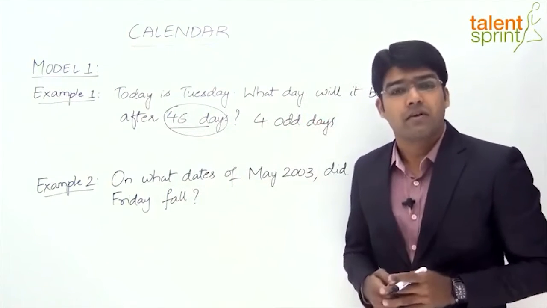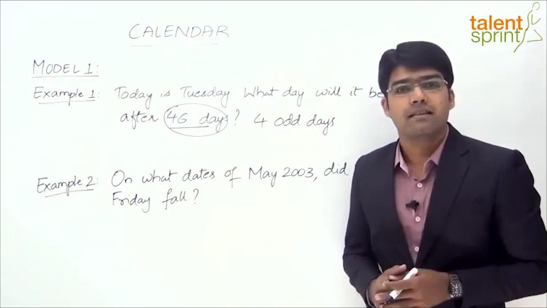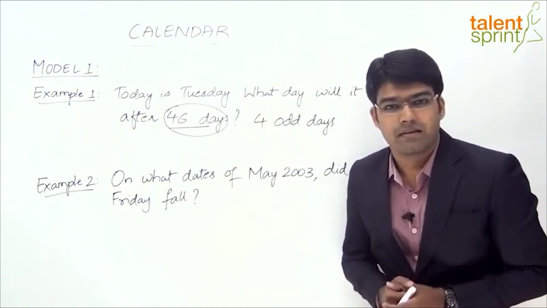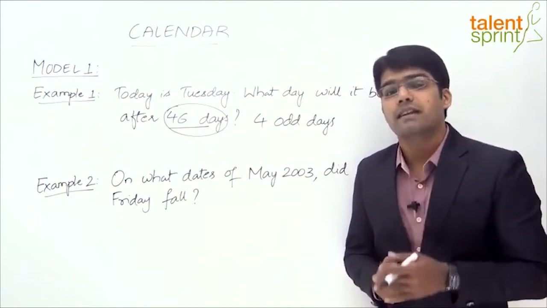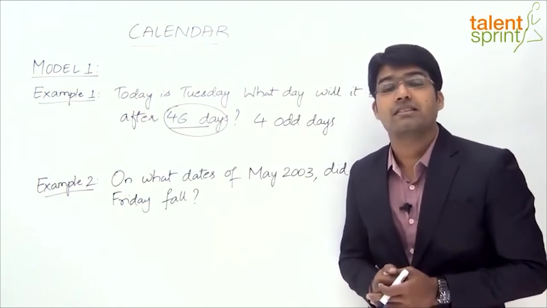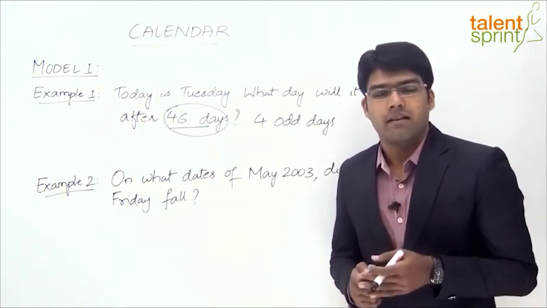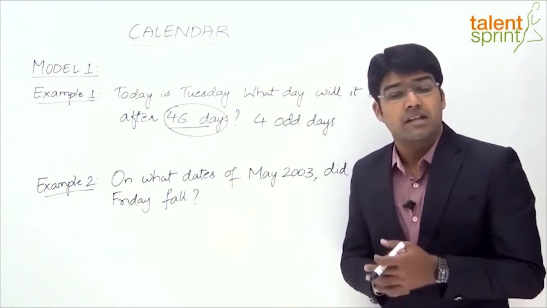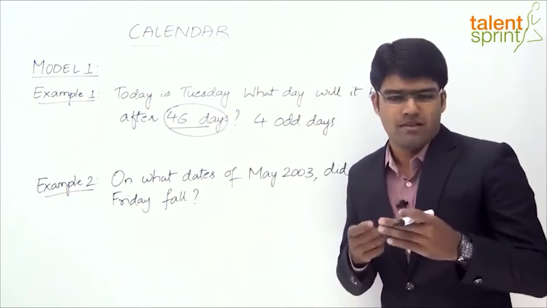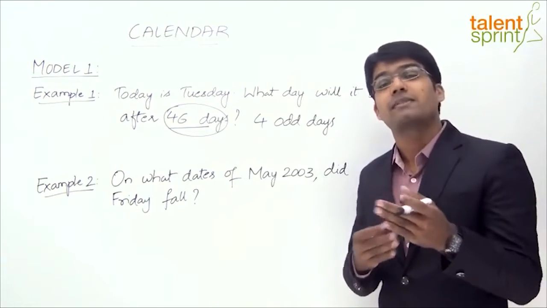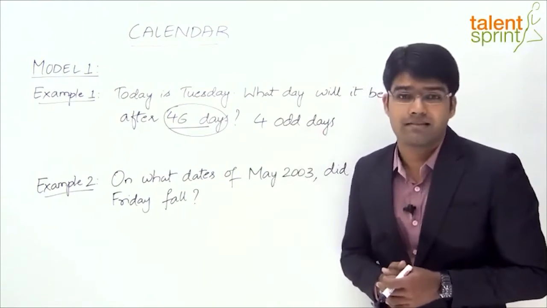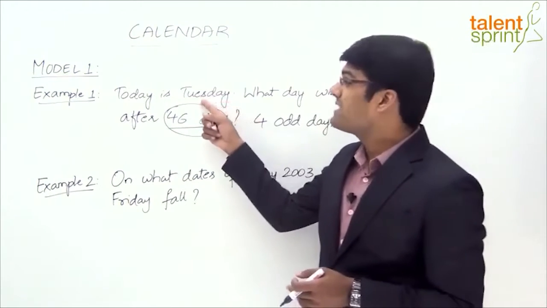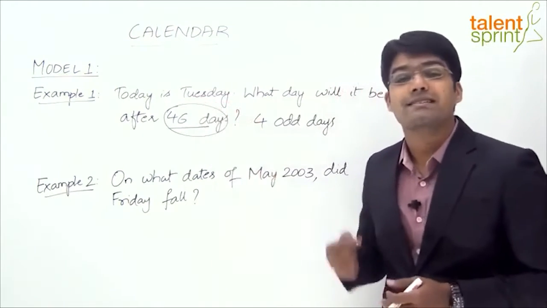Now we know that from our reference chart, 4 odd days will give us a Thursday. But remember that when we use the reference chart, our reference day is a Sunday. We generally start from the 0th day, right? We know that 1st January of the first year was a Monday. So before that it was a Sunday, and from that day onwards, if we consider 4 odd days, we will take it as a Thursday. But here the reference is Tuesday. Today it is a Tuesday.